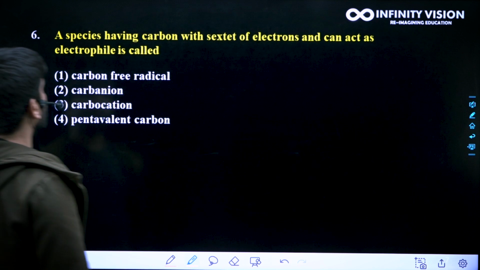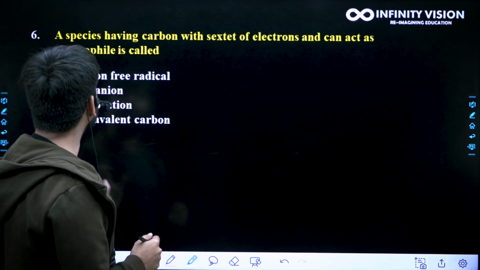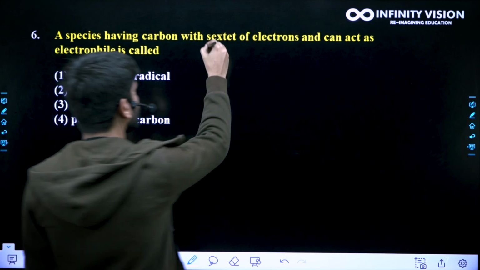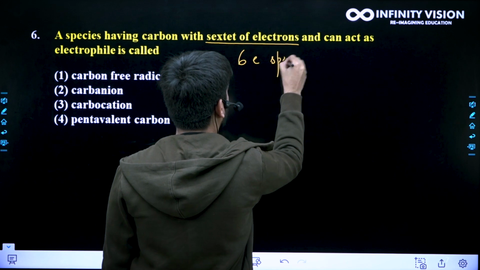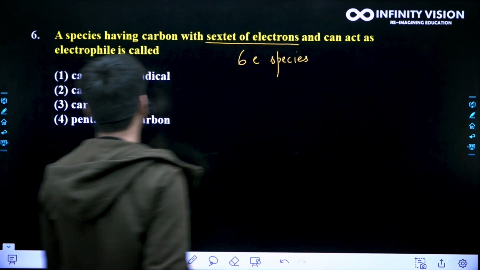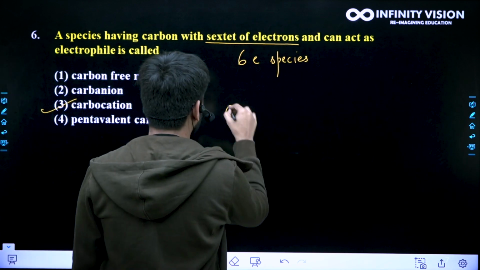The next question is, a species having carbon with sextet of electrons and can act as electrophile is called. Now, this sextet of electrons means 6 electron species. We know carbocation, right? Now, carbocation, if you see,